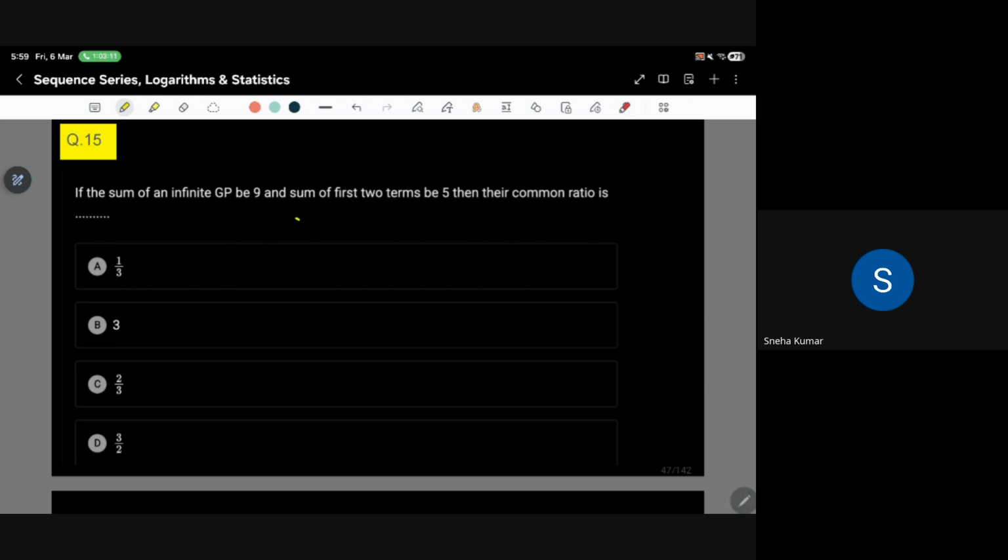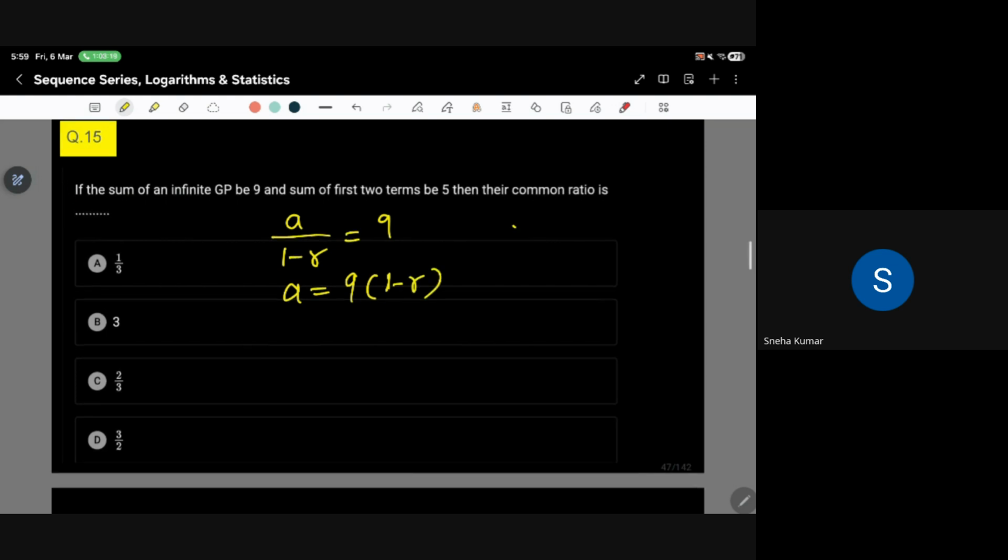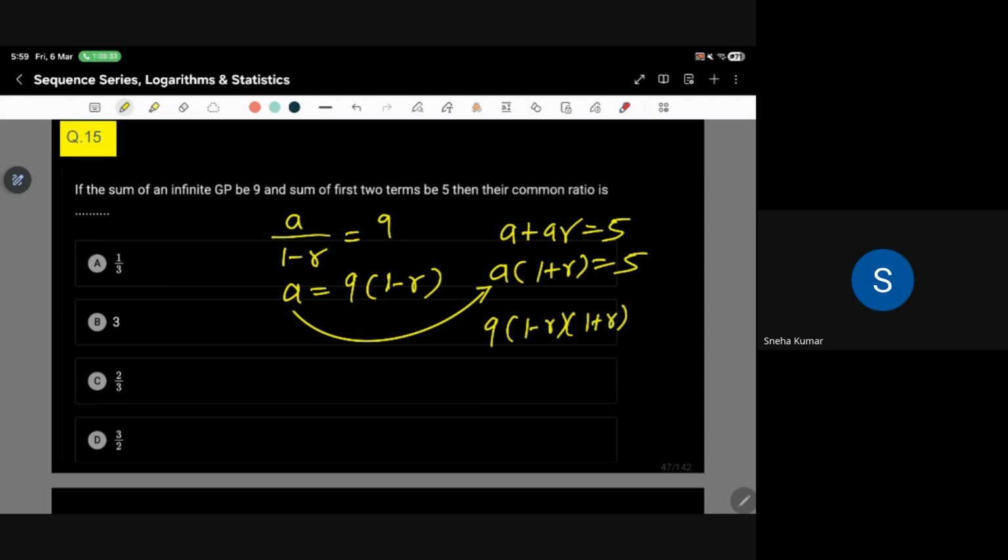Sum of an infinite GP means a upon 1 minus r, that is 9. So let's find a in terms of r because we have to find r in the end. Sum of the first two terms, a plus ar, is 5. Taking a common, substitute the value of a. So 1 minus r square is 5 by 9. So r comes out to be plus minus 2 by 3. They have given only the plus value, so